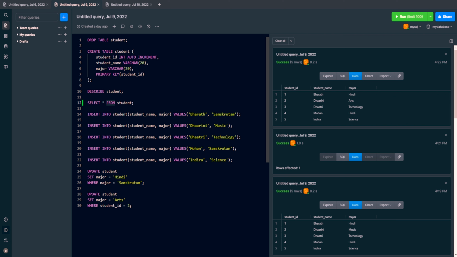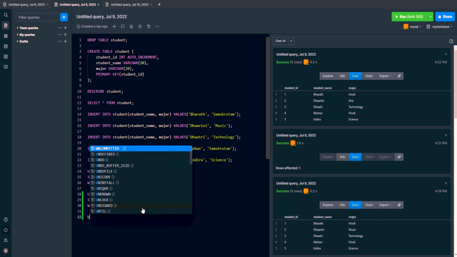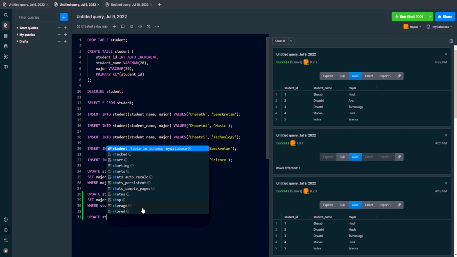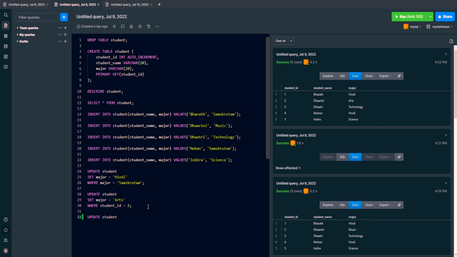Let me just check what we have over here, science and technology. Okay, let me give another example over here. So you see this, depending upon 2 things I'll try to update. So this is UPDATE student, SET major equal to science and technology. I want to update to this, right? WHERE